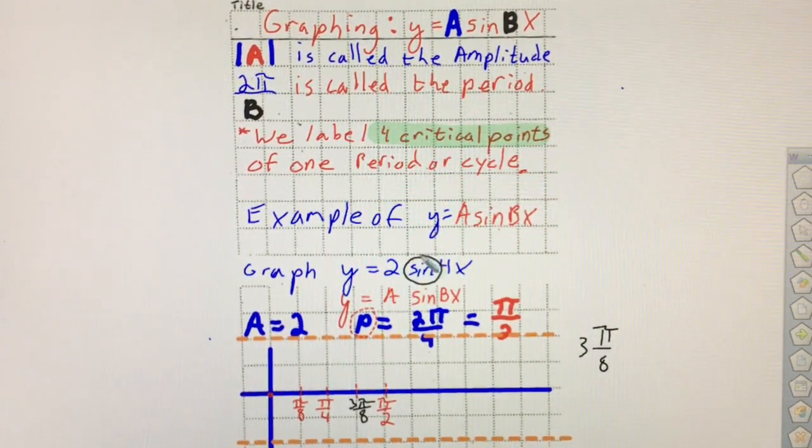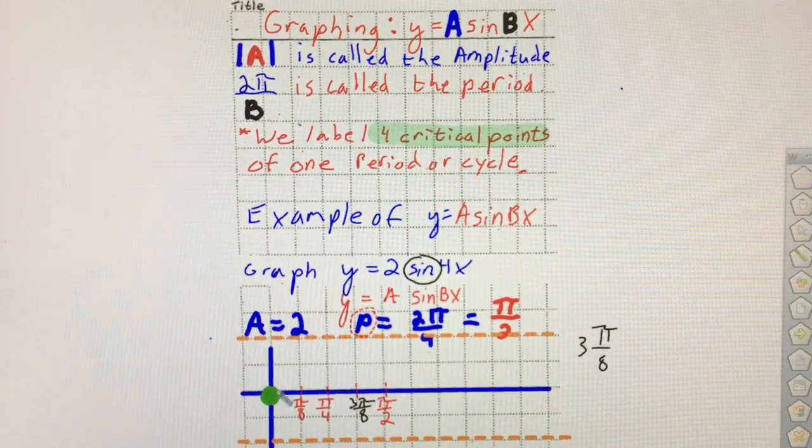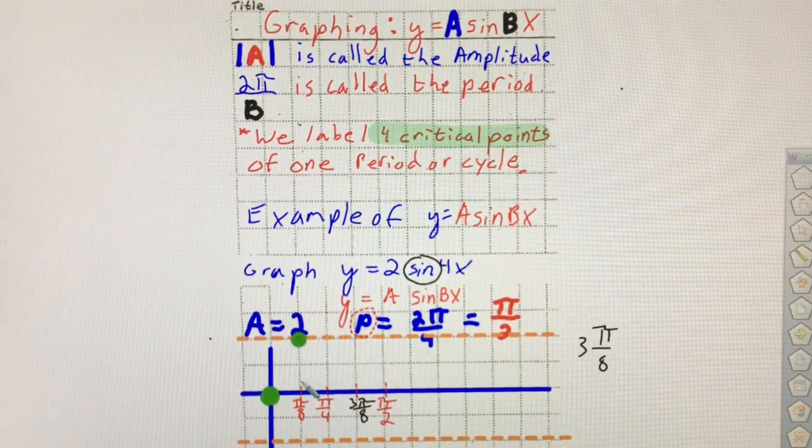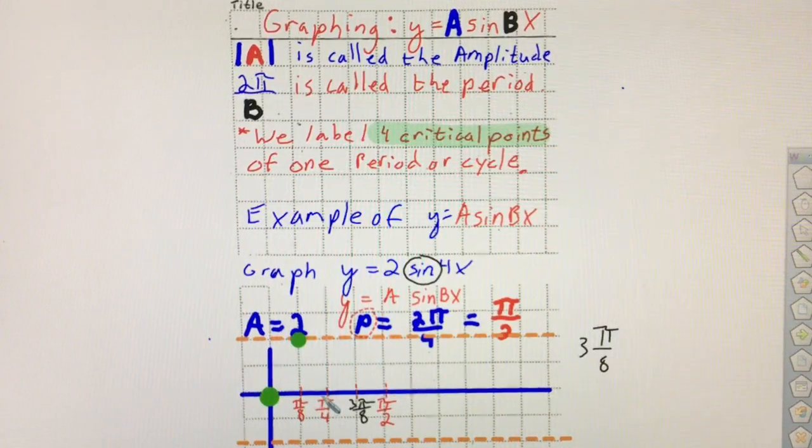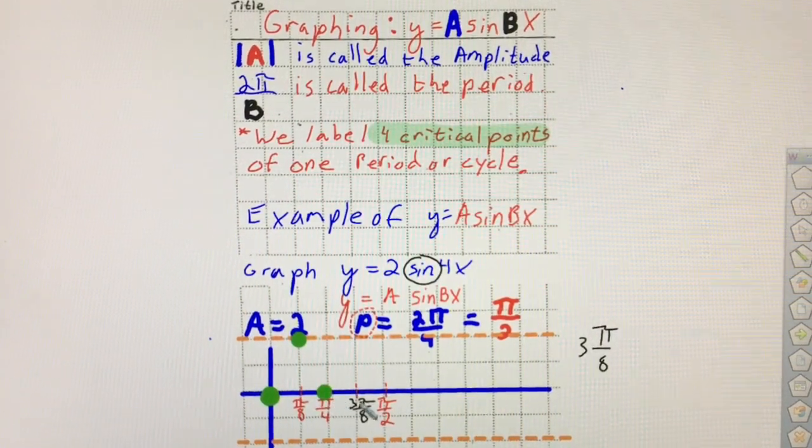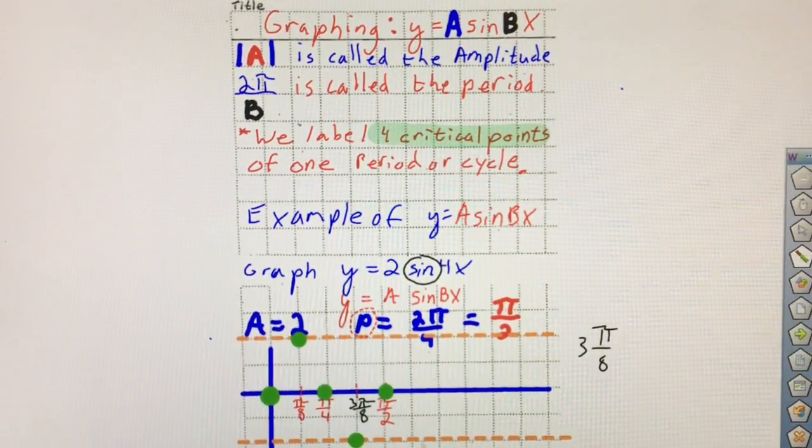Now this is a sine graph, and there's a long story that goes with where the sine starts, but the sine starts at the origin. So I'm going to place a dot at the origin. And then we notice that it's a positive 2 sine, so from there I'm going to go in the positive direction, and at pi over 8, that's a critical point, and it's actually going to be a maximum. Then at pi over 4, that's a critical point, it's going to be a 0. Then at 3 pi over 8, my next critical point will be a negative, a minimum, and then another 0. And just that part of the graph